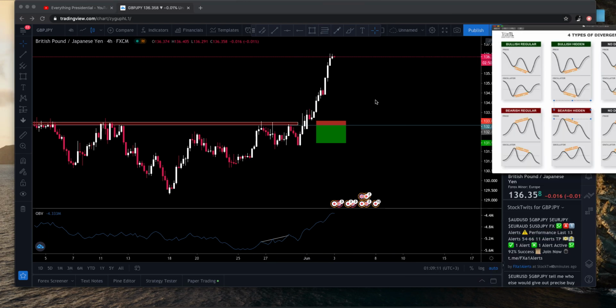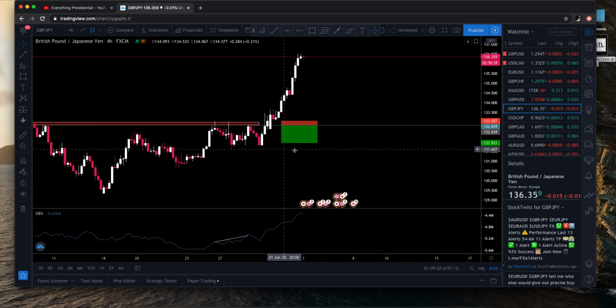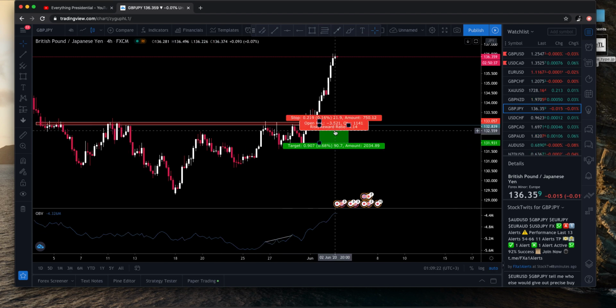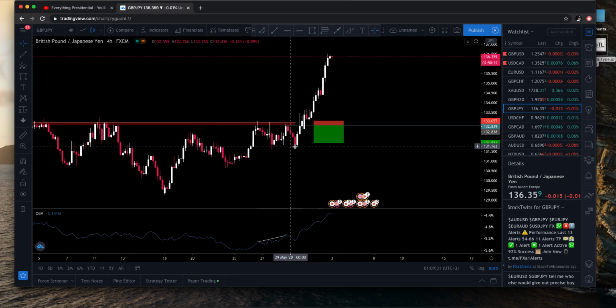Now, in this case, I didn't go for 100 because there was a very strong support over here as well. And why was it a strong support? I'll show you guys. So in this case, I went for 90 pips. I think my trade closed automatically at 93 or 92 pips. I don't remember, but it was somewhere around that area. Now, why did I exit my trade here?